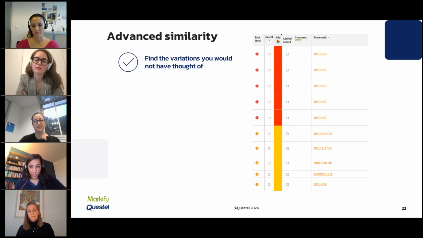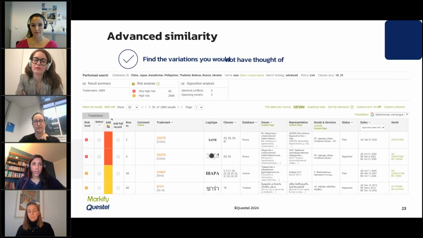So, let's see which variations this algorithm allows you to find. Here, in this example, we have run a search on the trademark Oculus. As you can see, the algorithm found, of course, the identical trademarks, but also interesting similar trademarks such as Oculus Go or Binoculus. Here we have another example of what Markify's algorithm is capable of finding.